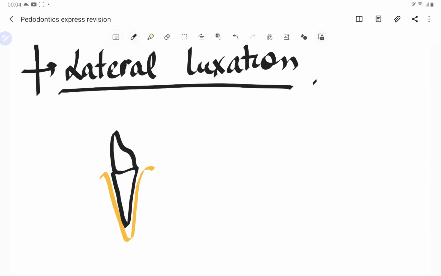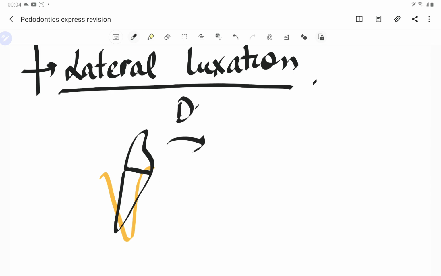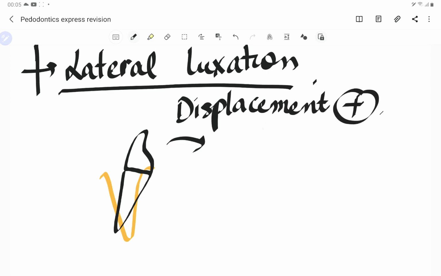So what happens after injury? The tooth is displaced. So instead of that, the tooth is now, guys, like this. So it is displaced laterally. So displacement is there, which is laterally,